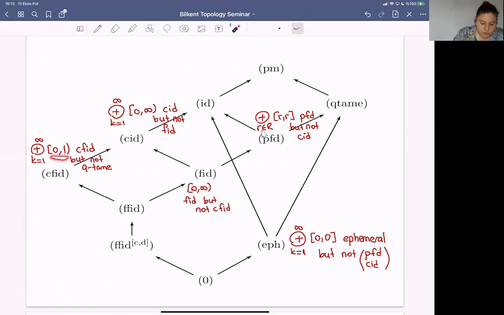0, 1. So each interval has a finite length, but this is not Q-tame because 0, 1 repeats for k equal to 1 to infinity. So it repeats infinitely many times, and this is not a Q-tame persistence module. So you can play with these examples and you can show that, for instance, there is no arrow from FFID